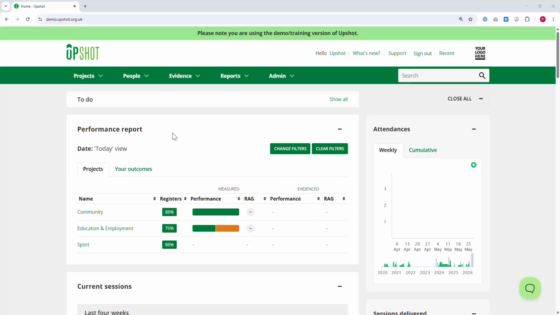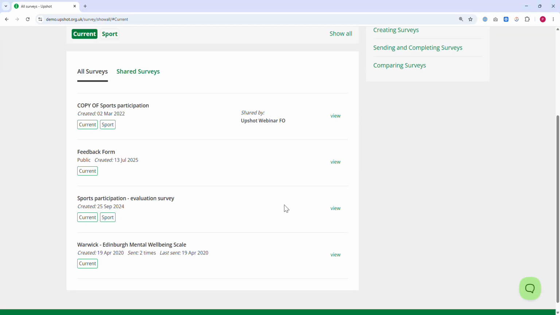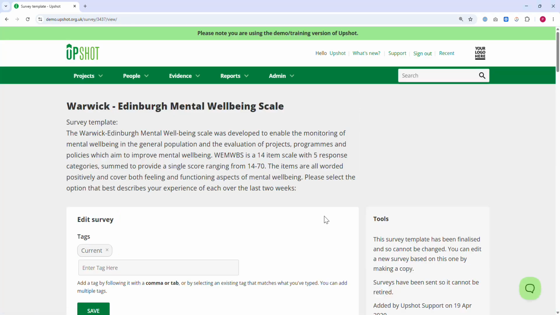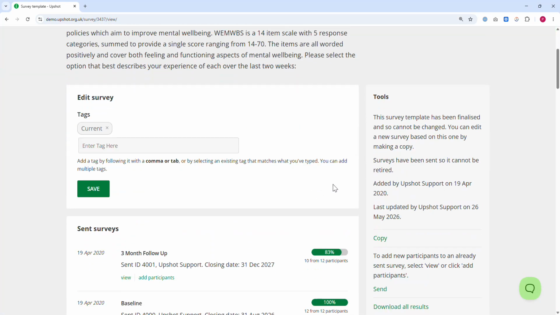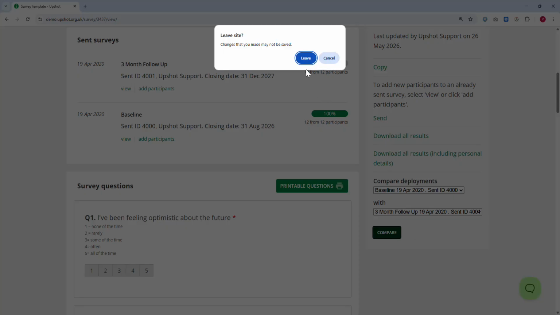Surveys can be a powerful way of tracking the impact of your delivery. Often, organisations use a pre-post survey or something similar to see that change or progress over time in individuals. A common example of this might be the Warwick Edinburgh Mental Wellbeing Scale. The system's inbuilt survey comparison tool can be an effective way of understanding the difference being made, allowing us here to compare the baseline and the 3-month follow-up responses,